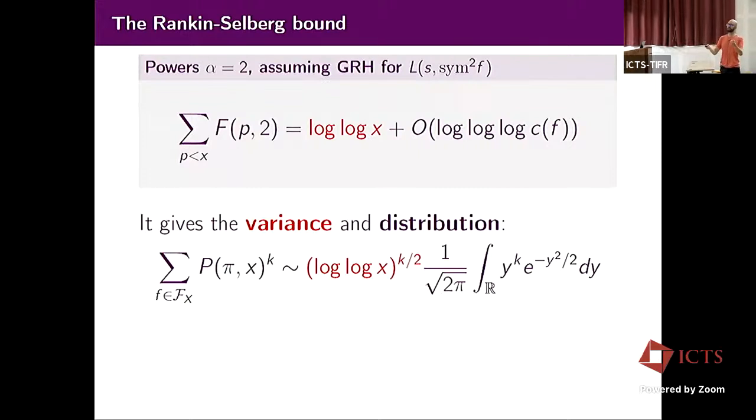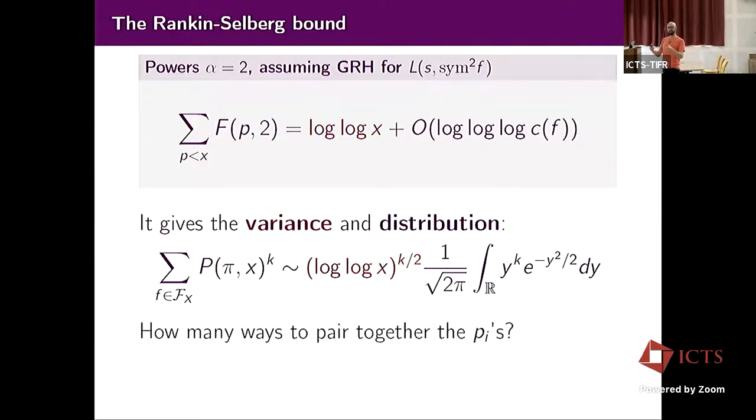So when we take the power k, you can take k over 2 powers 2, and you get here your k over 2. And of course, if you pick fewer powers 2, you will have just a smaller power, and that goes in the error term. So the largest contribution of all the moments will be those for which you pick only primes 2 by 2, and that will give that size.